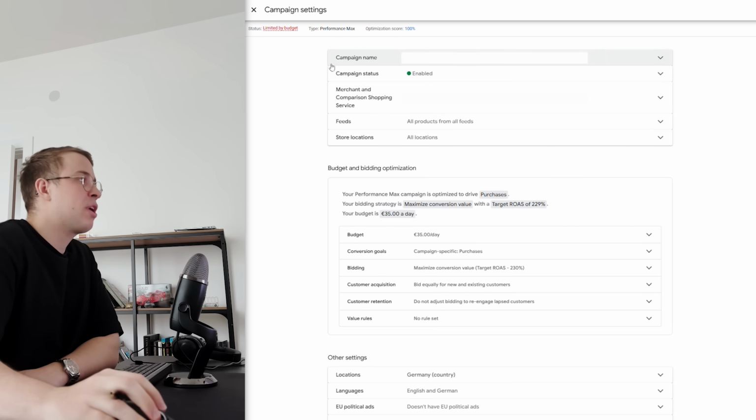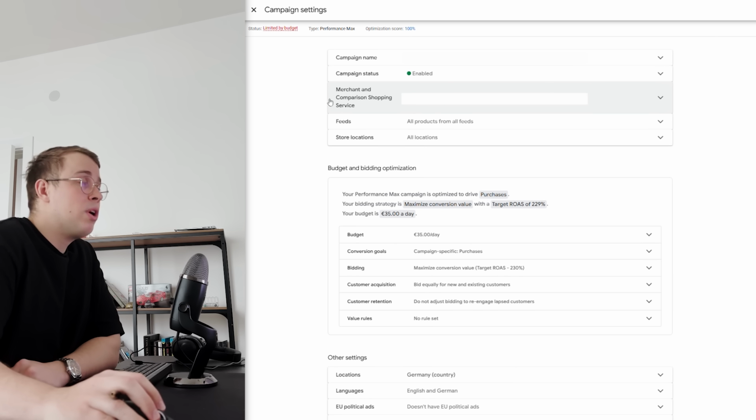So we'll just go through the campaign settings and the settings that need to be in place here step by step, top down. So obviously campaign name, totally flexible, whatever you want to do there. Then we have here up there quite early, and that's quite important for European advertisers, the comparison shopping service,